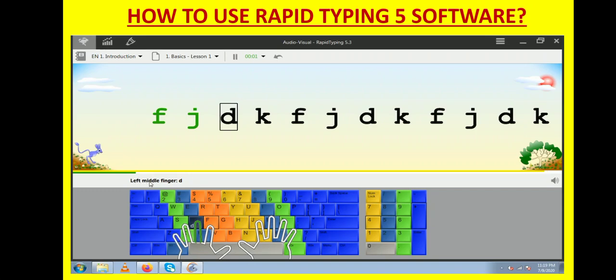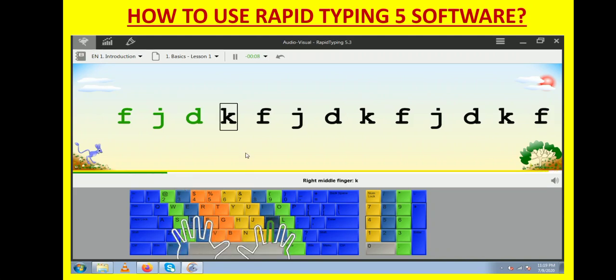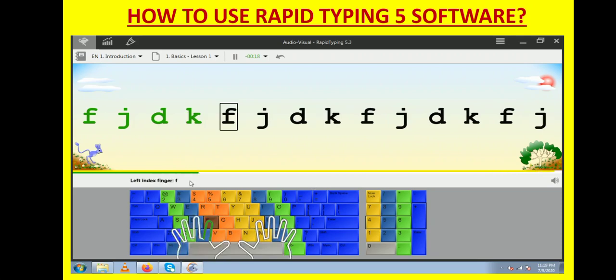Left middle finger for letter D. Left thumb for spacebar. Right middle finger for letter K. Left thumb for spacebar.